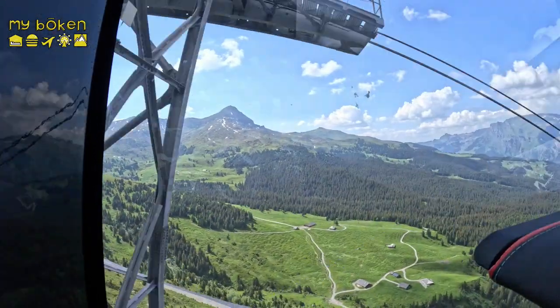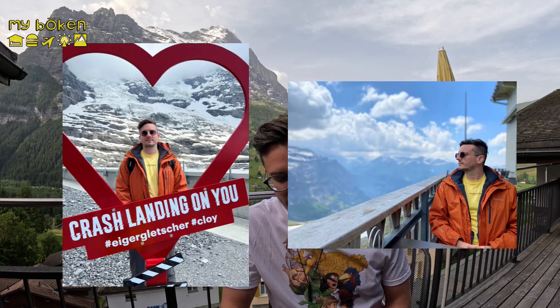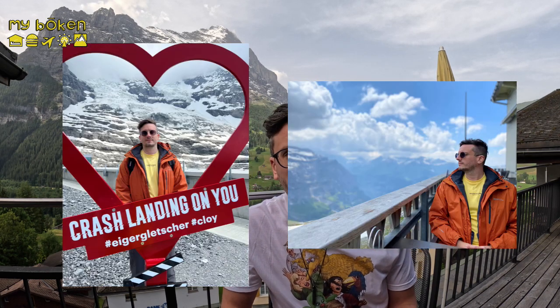It can hold 26 people per gondola, and you stop at a place called Eigergletscher. I had to write that down, so I had to read it because I know I'm going to say all of these words wrong. But then once you get to Eigergletscher, you take a train through the mountain to the top. So once you get to the top, it's tremendously busy. So I would say that you have to pre-book the